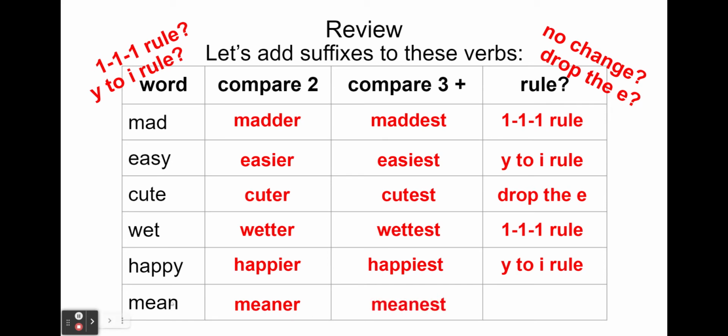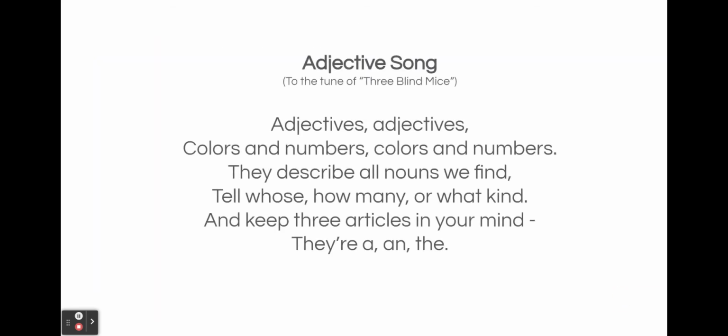Take a look at our root word mean. Now look at meaner, meanest. Did you notice? No change. We did not have to use a rule on that one. We could just add the er and the est. Nice job, everyone. All right, continuing along, our next step, we're going to review that adjective song for a moment